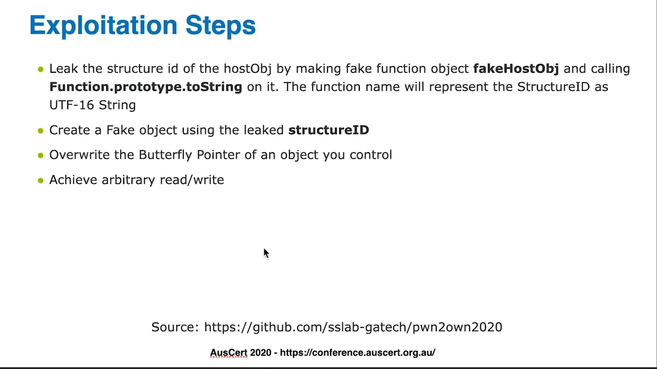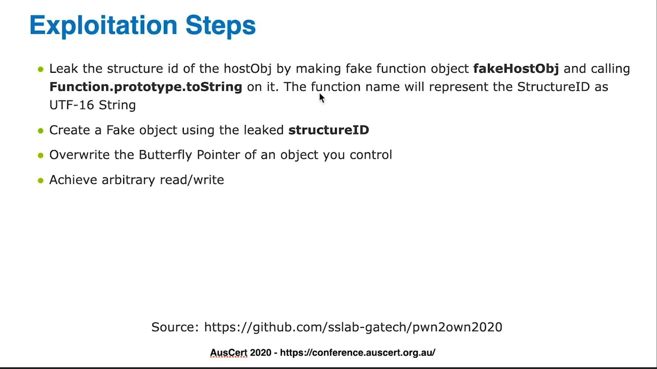Now getting the address of primitive will also give you the fake object primitive. However, in order to create fake objects, you must be able to create valid headers. And one of the important things in creating valid headers is creating valid structure IDs. So in this case, the structure ID is leaked by making a fake function object and then calling the function.prototype.toString